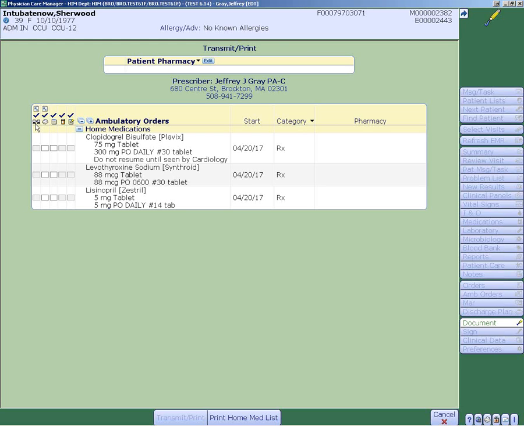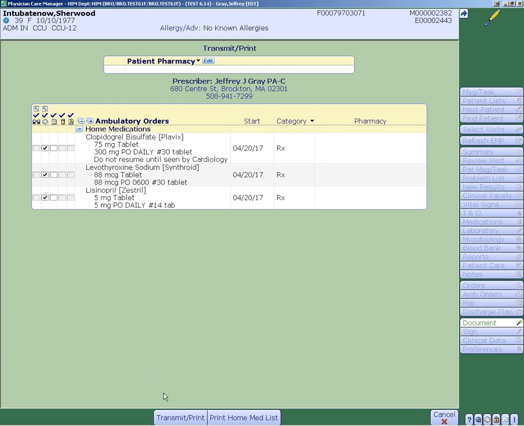There is the ability to e-prescribe. This first column, it is grayed out. Part of that is because there's no patient pharmacy that's been identified, so it's not available. But typically these will be printed out. By clicking on the second column, the printer icon, you can see right here, clicking on each, this will print out prescriptions. Remember my lisinopril, I gave them 14 tablets. That was a new medication. The Synthroid was started during the hospital course. This is a new prescription. After checking the appropriate print column,